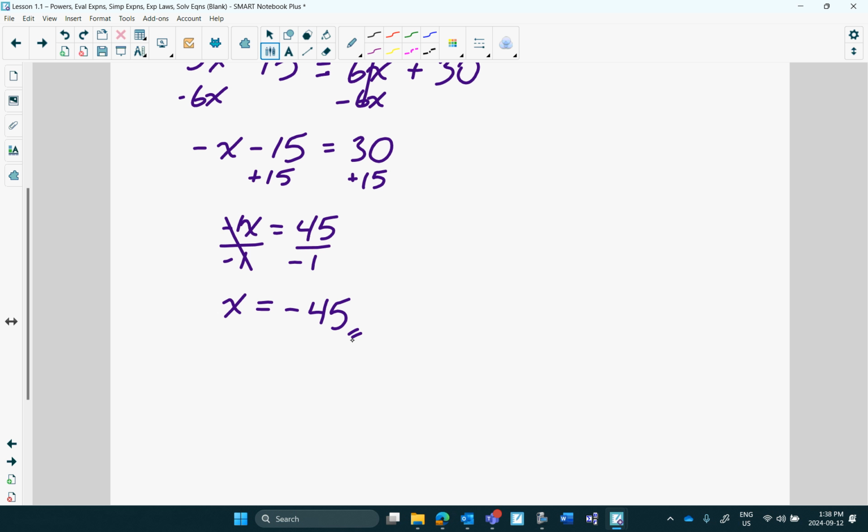So that's our review of solving equations, which sort of takes care of our review of everything. Which means that from this point on, we're going to start moving into new stuff. But again, you should be quite comfortable with simplifying expressions using the exponent laws, as well as solving these types of equations. It will make the rest of this unit and future units much easier to tackle. Okay. So all I want you to do